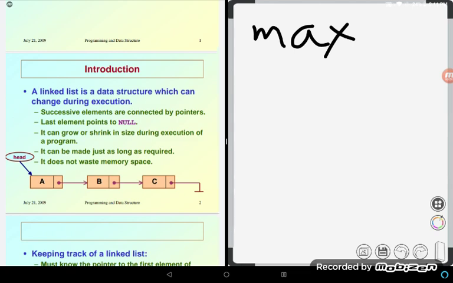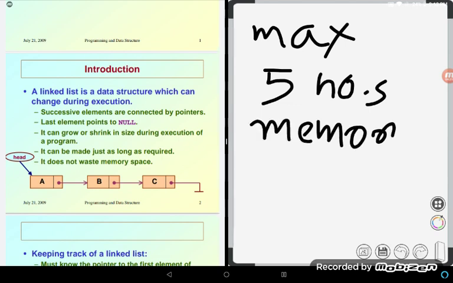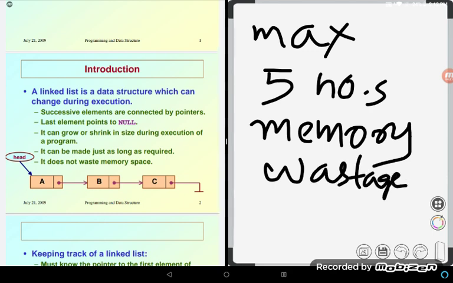And if I am using only 5 locations, then the remaining 5 locations are wasted. They will be reserved for my program, but assume that at a particular time my program uses only 5 numbers, because I am giving only 5 numbers as input. Then what happens to the remaining 5 reserved locations? They are actually wasted. This is the property of advance reservation, and it results in bad memory management. This is memory wastage.